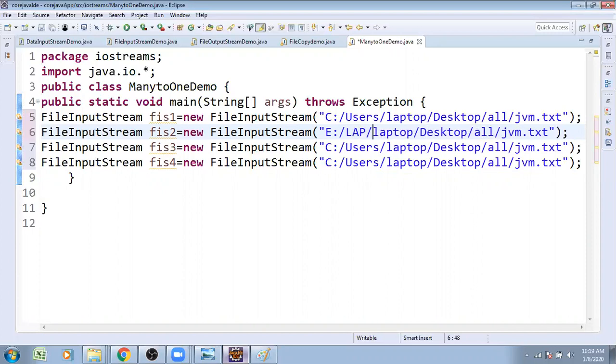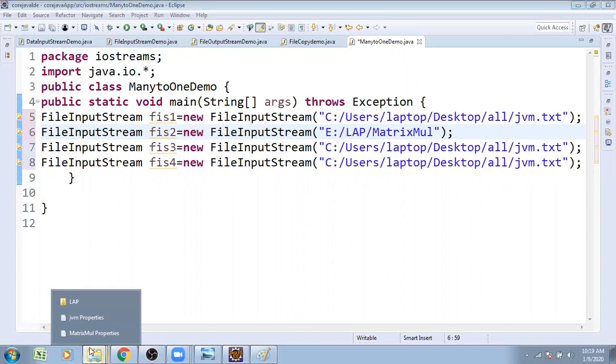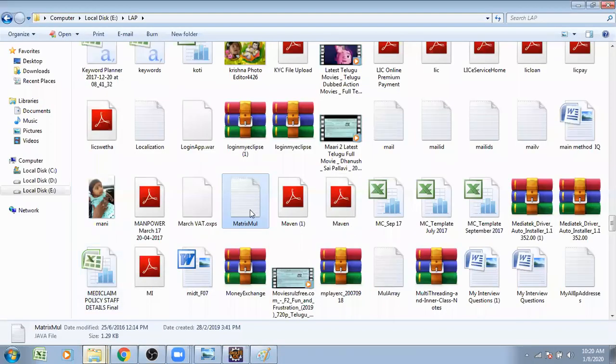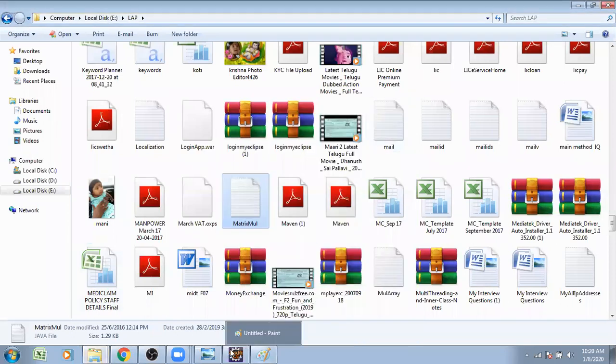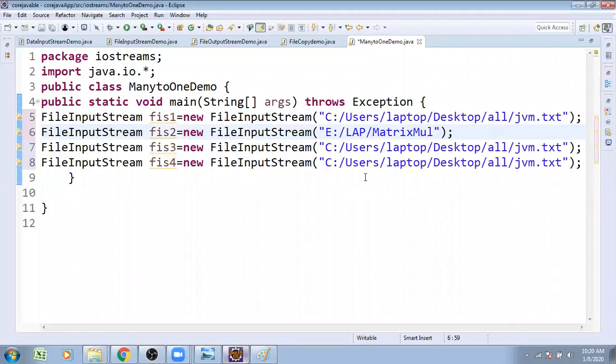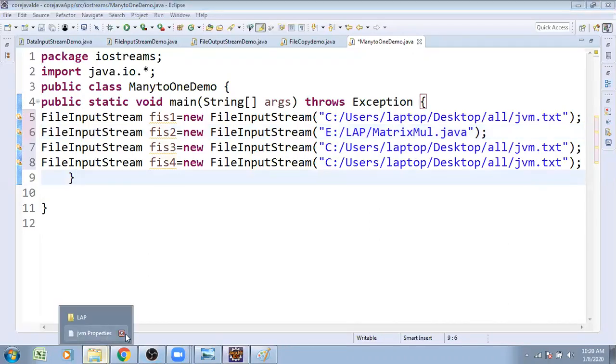Under that folder, the file name is matrix multiplication. Extension of that file, just check the properties, is .java file. Similarly, one more file is also there in that location.